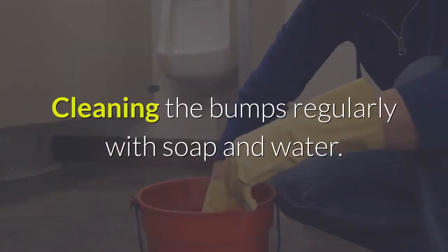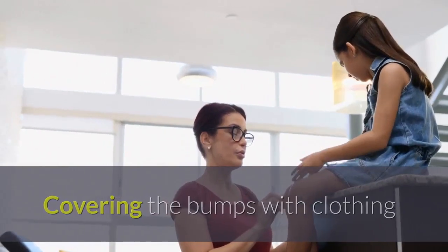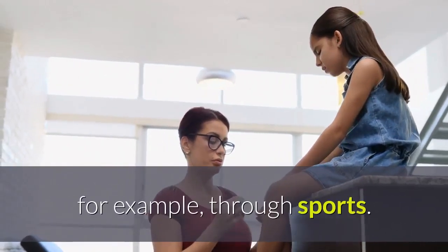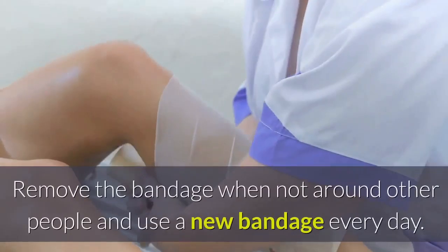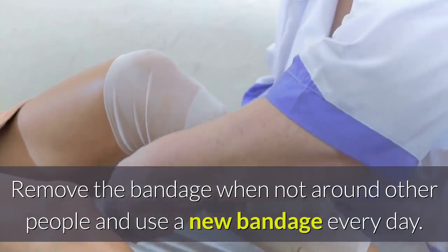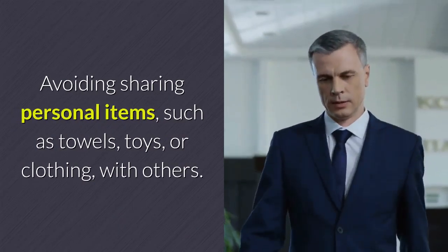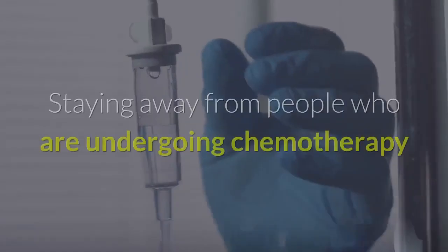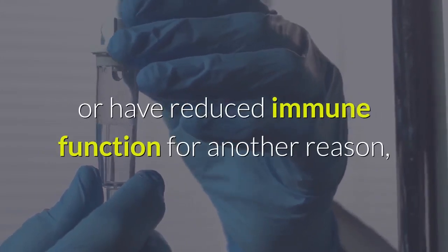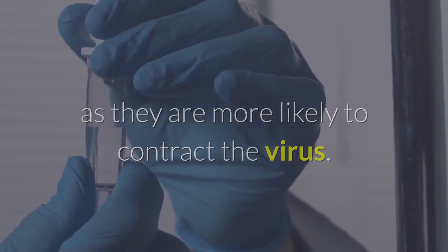Having sexual contact with an infected person. In adults with normal immune function, Molluscum contagiosum may spread to the genitals through sexual contact. In this case, it will be a sexually transmitted infection (STI). Prevention. It is possible to prevent the spread of Molluscum contagiosum to other people or other parts of the body by avoiding scratching or rubbing the bumps, washing the hands regularly and showing children how to wash their hands properly,